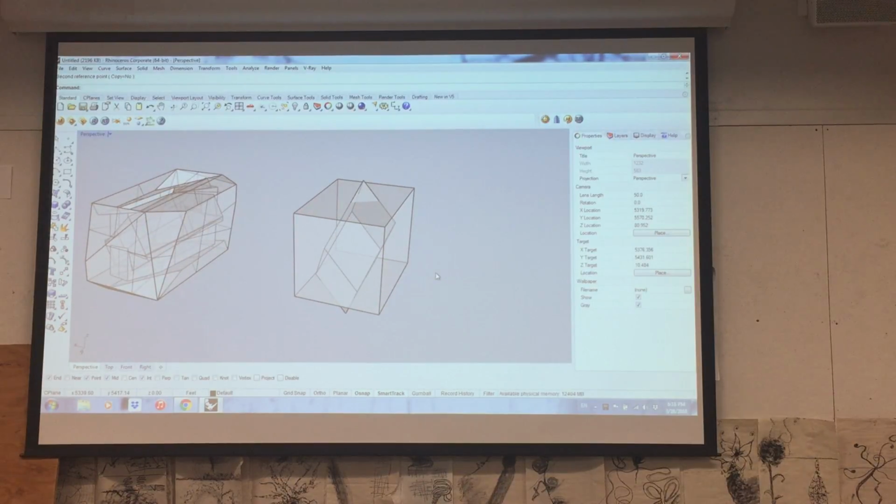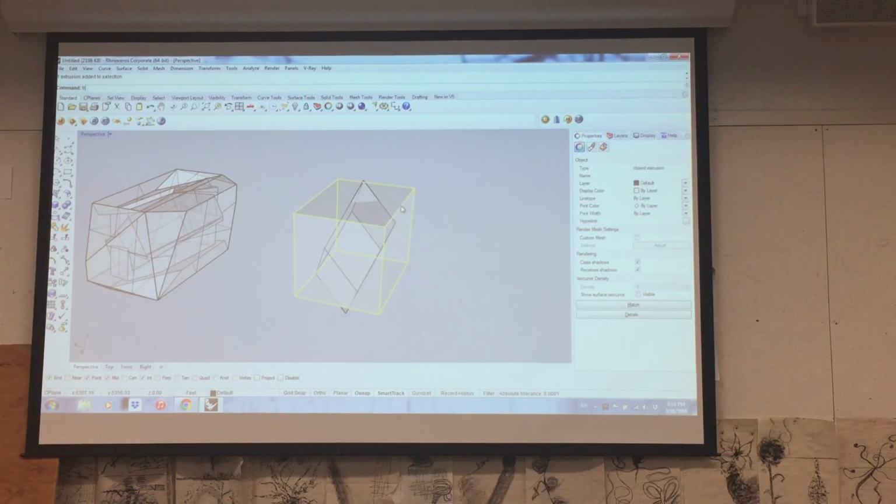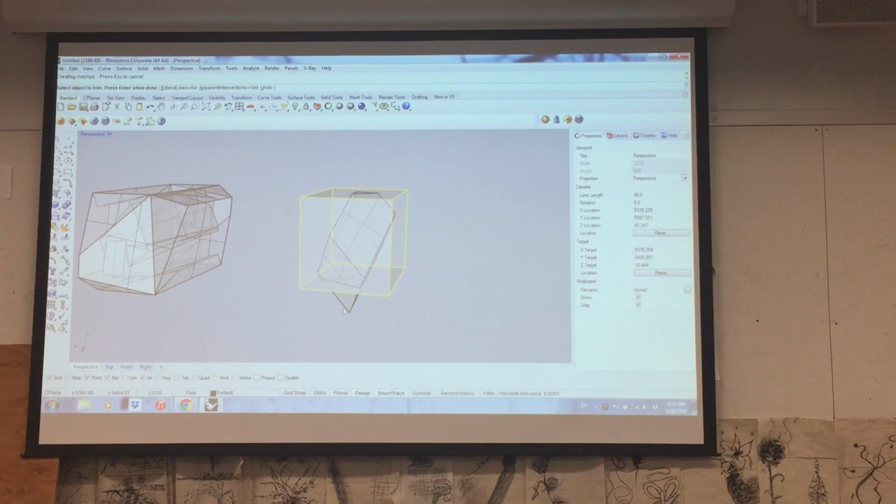So I can represent that same condition with these cubes here. I use the outside to trim the inside,